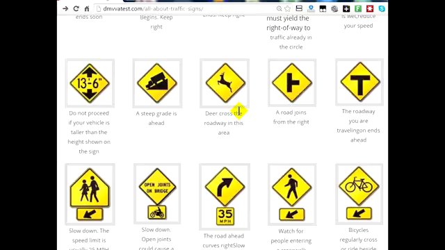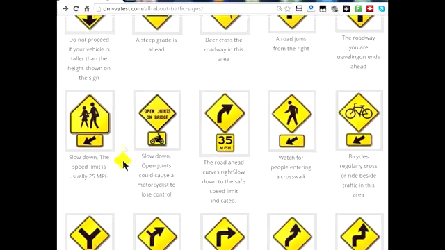Deer crossings, that's self-explanatory. Usually when they put signs up like this, it means that there have been a lot of deer sightings in the area and that you have to proceed with caution. This is a road sign that joins another street, so that you have to pay attention to oncoming traffic on your right hand side. This T sign is going to show you that the road that you're on is going to be coming to a stop, and you can either go right or left, okay, but you have to proceed